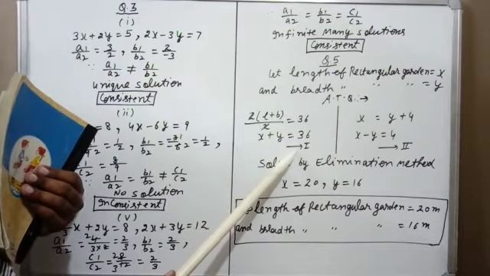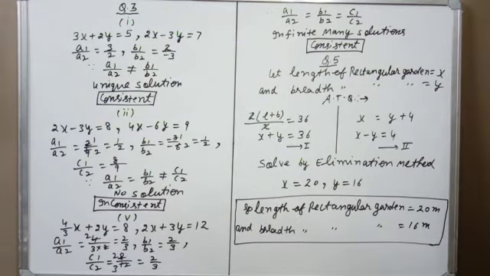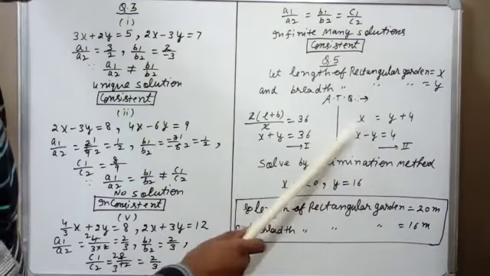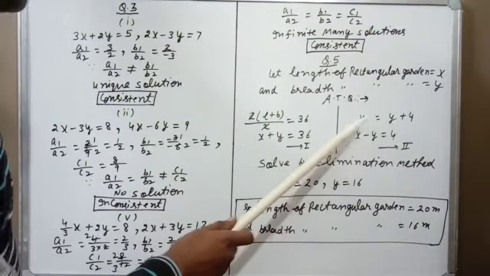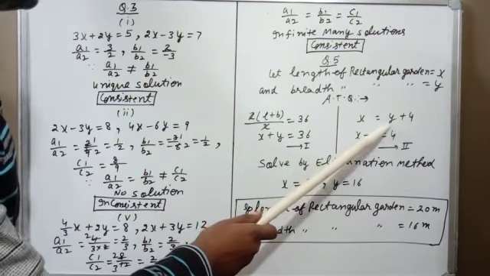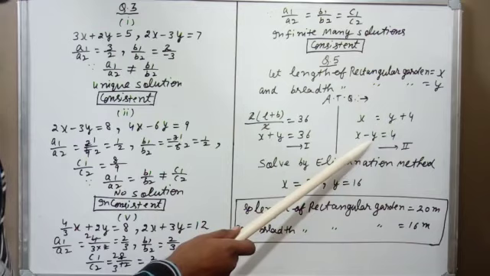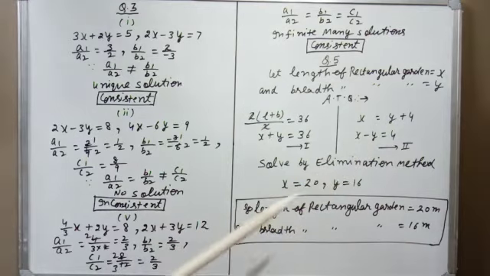Let this be equation number first. Now in the second case, he is saying that the length is 4 meter more than the width. I write here length means x, here breadth means y. Now this is 4 meter more. It means this value is less. So I have to add 4 to this lesser value. This y will become minus on this side: x minus y equal to 4. Let this be equation number second.